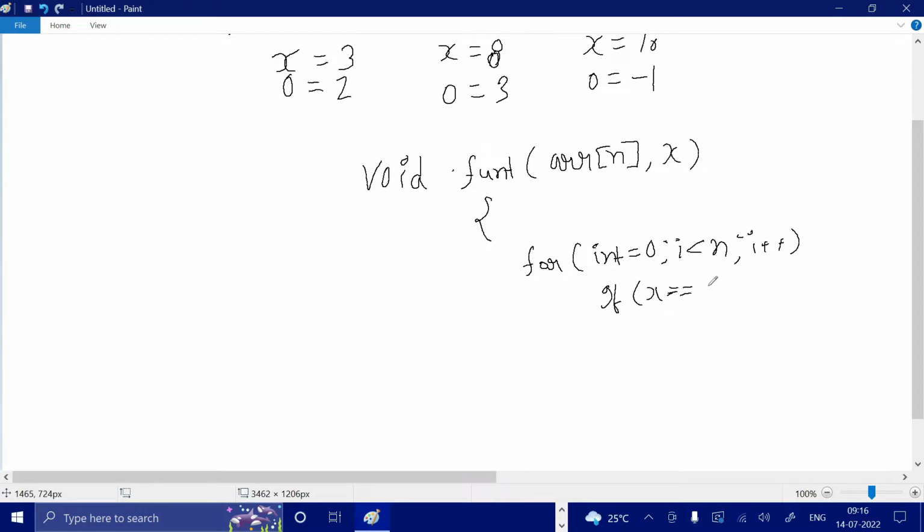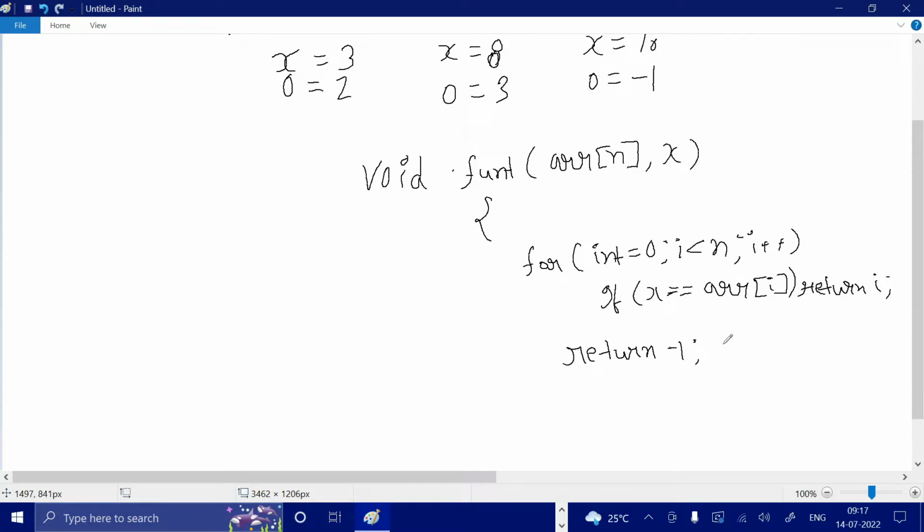If x equals array of i, we will return i, the index, and if it does not happen, we have to return